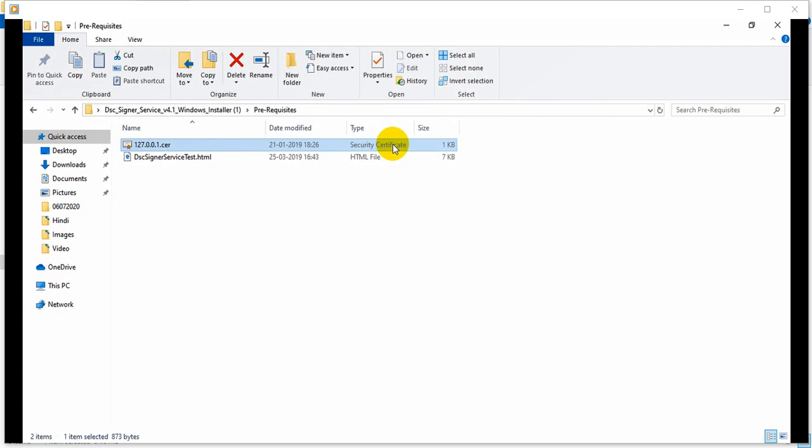Let me tell you that the digital signer service is using SSL, and our browsers like Mozilla Firefox or Google Chrome or Internet Explorer or XYZ do not themselves import any of the certificates, and we need to do it manually. So we will do it here the same, so that the browser keeps these certificates in its trusted certificate store. Like they have one room, and the browser keeps all these certificates in this room, and when we do some work it checks the room, and if found, it believes that it is from a trusted source and allows us to do the work without any restriction. So now let's see this trusted certificate part for knowledge, as it may be useful in other cases you ever face, right? You understand?